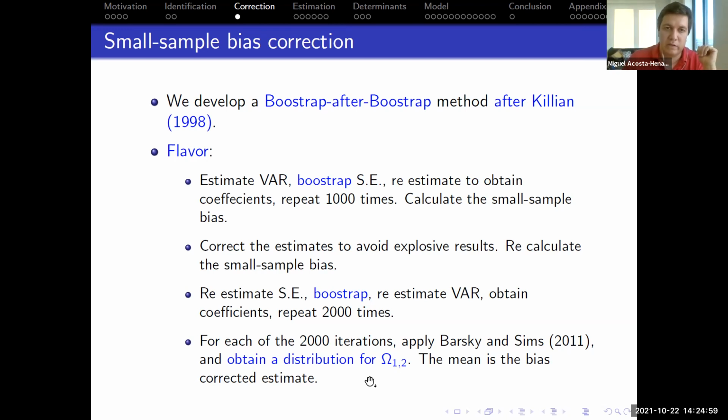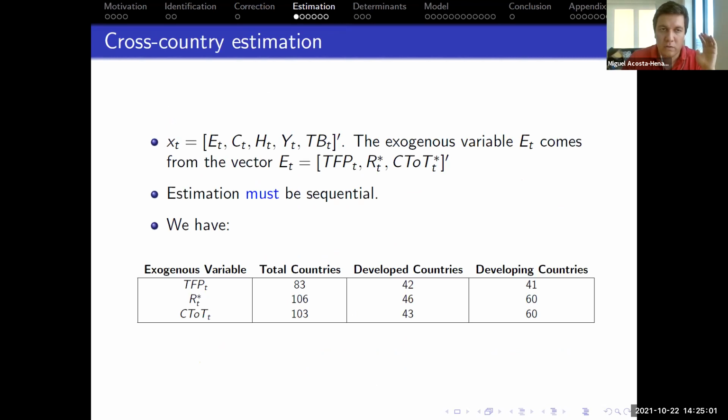And this is going to be the corrected estimate. Our point here is not to say that the bias is upwards or downwards, because it can be either way. It's to provide a more reliable estimate. What we do is to work with consumption, labor, output, and trade balance data from the framework tables for a